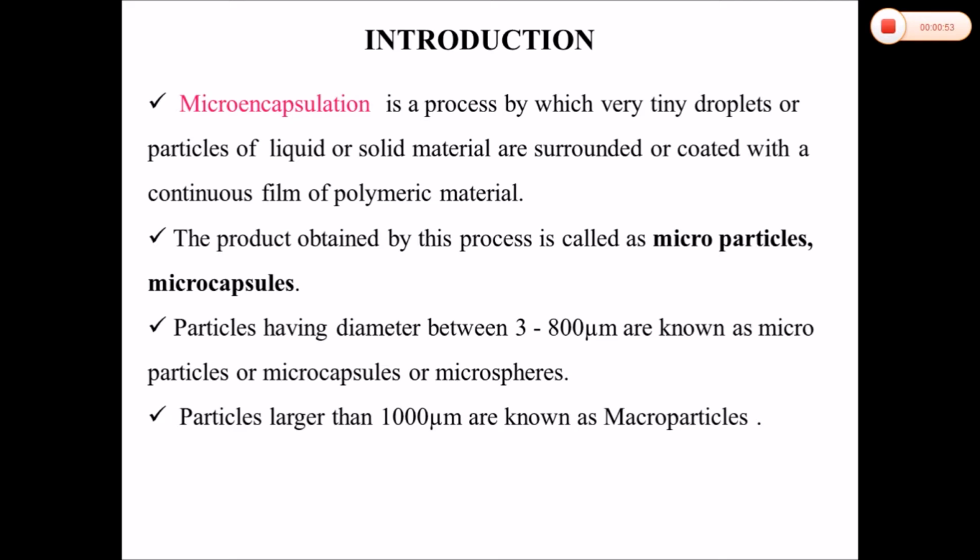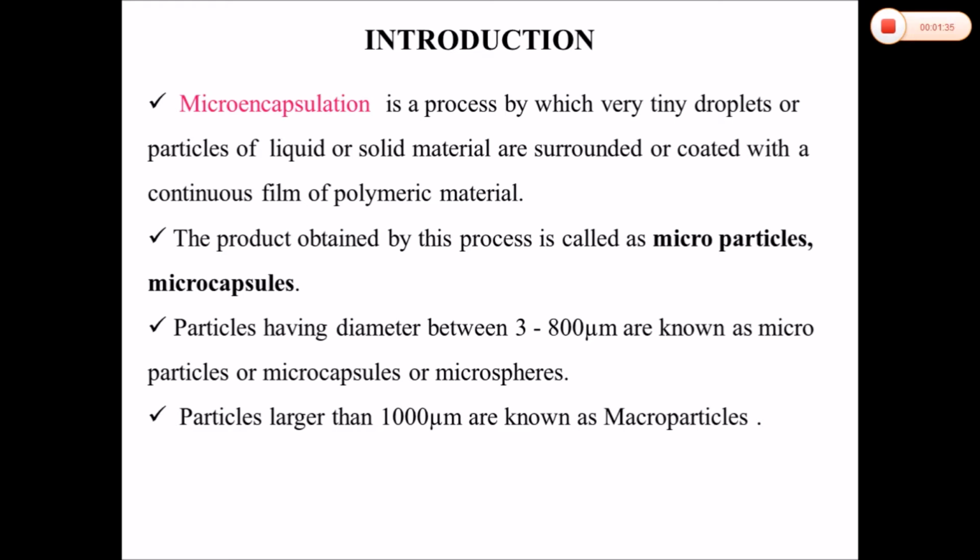A simple example is gems, chocolates which are covered with coating. One is the color coating, then there is a white coat, and there is a sugary content, right? But here we are using microparticles. Those gems come under the tablet coating types. Likewise, we use different types of polymeric materials so that they can coat the solid or liquid particles. The product obtained by this process is called microparticles or microcapsules.